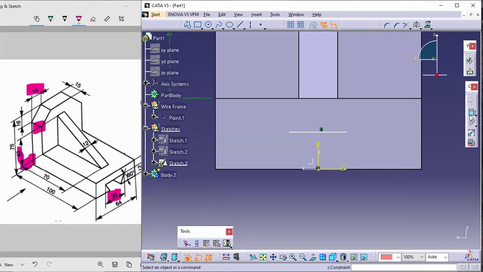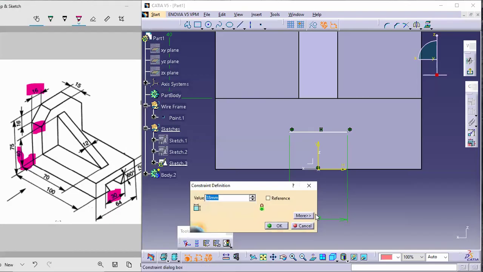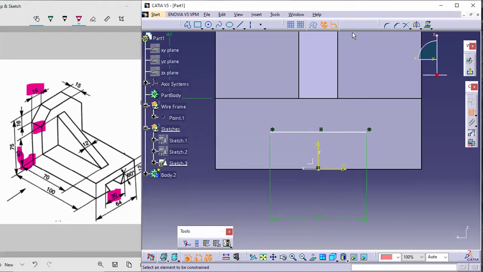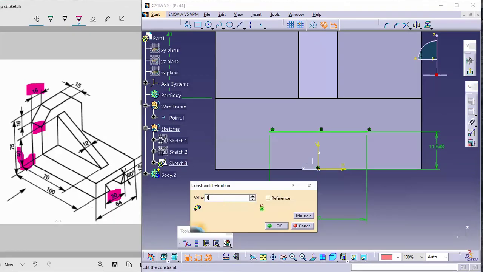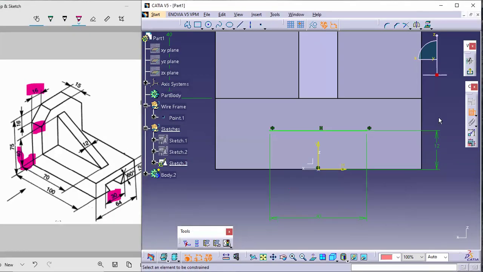Then what I do is here, this point and this point is symmetry about the center axis. Allow symmetry line, and this is about the symmetry. Then I'll give the length of the line, which is 30 mm, and which is above the 12 mm. The location of this is from here, it is 12 mm. So next